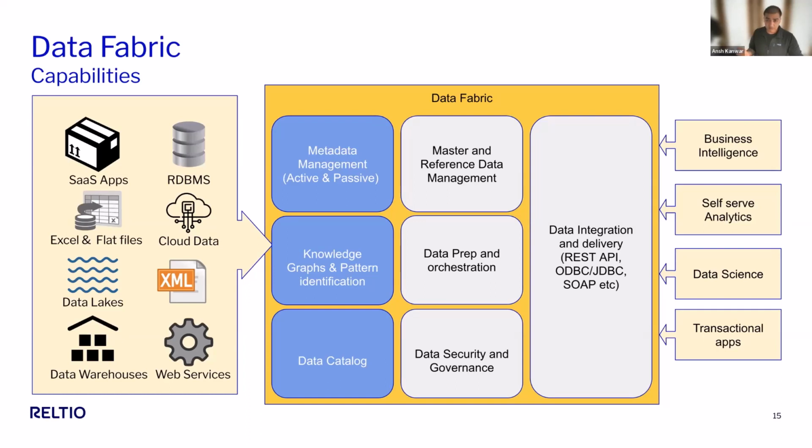This box in the middle looks remarkably like the data lake or the data warehouse boxes that we've drawn in the past, right? But the difference is: bring us all of your data from anywhere, but don't bring the data. Don't actually move the data. That's the difference. Tell us about the data. Give us the metadata about that data, and let us catalog using our data fabric component. Data catalog becomes a component of data fabric, right? Let us catalog all of your metadata to understand where things are located, where data is located. What is the meaning that you're trying to associate with that data?